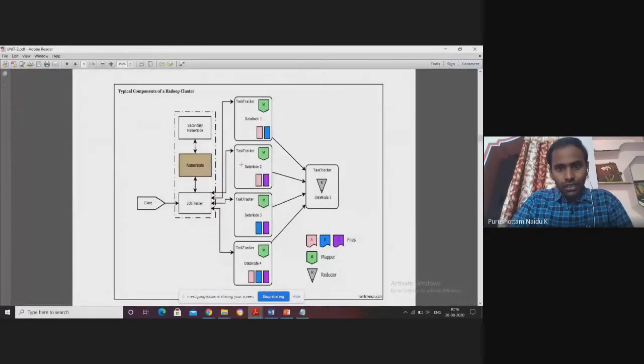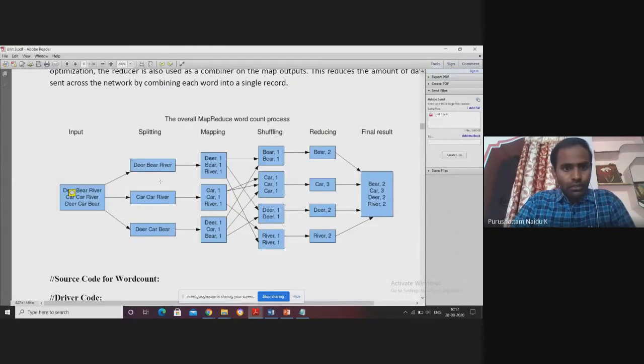As in the previous session on the Hadoop ecosystem cluster, each data node contains a set of blocks. At each and every data node, we have the task tracker. The task tracker may execute the map function or the reduce function. Initially, to each block we assign one map function, and that map function is executed by the task tracker at each data node.